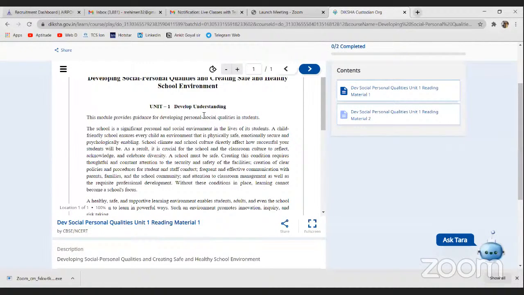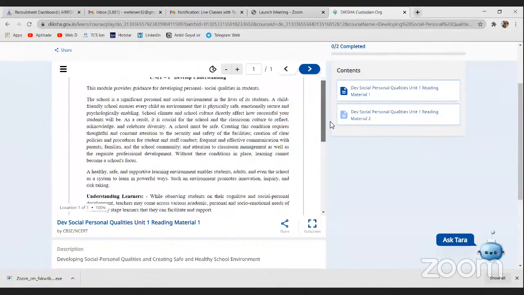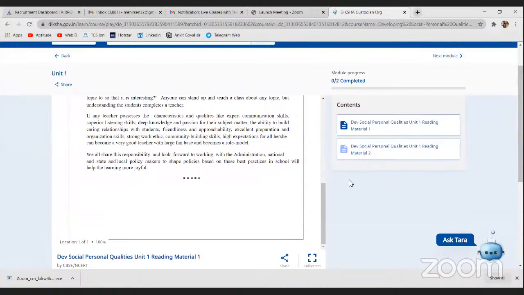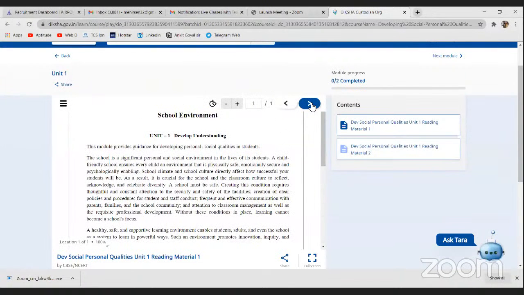Now this is a reading material. Let me just scroll down. So it is only a single page reading material. Once it is done, you are requested to please click on this blue arrow button. This blue arrow button means that you have completed this and you are now moving to the next segment. So it is always necessary, whether you are watching a video, a quiz, or reading a reading material, always click